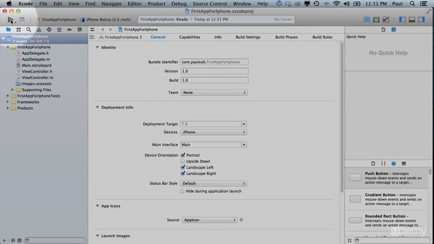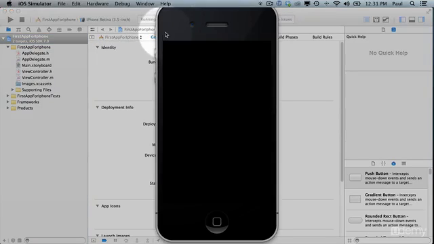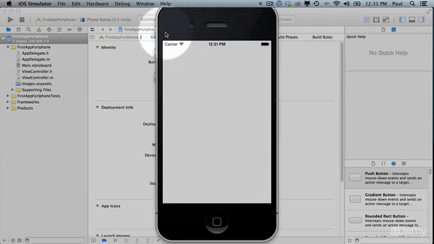In the top left corner, press the play button, and that will start it and bring up the iPhone simulator, which is really useful if you don't have an iPhone. With the iPhone simulator, we can actually pretend that we have an iPhone on our Mac, and we can write our programs and test them very quickly. So let's go ahead and just make an